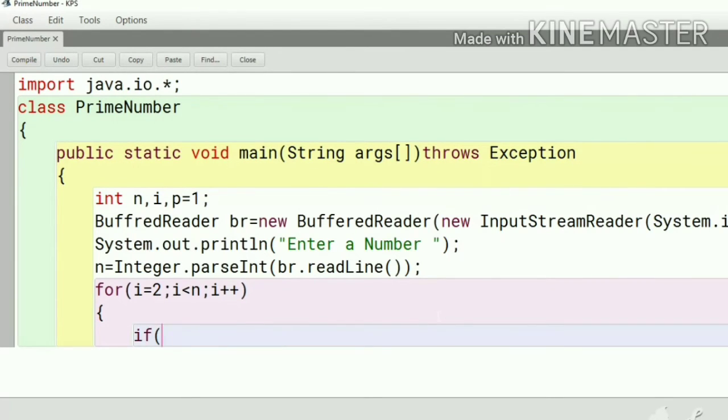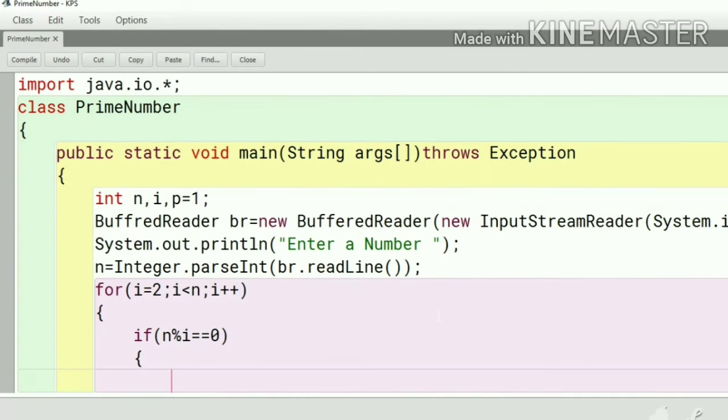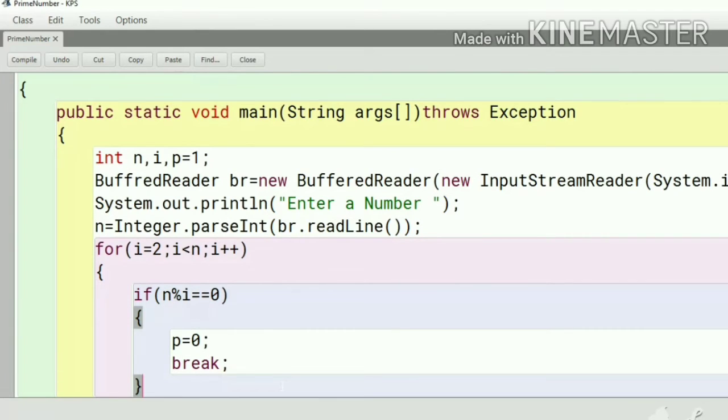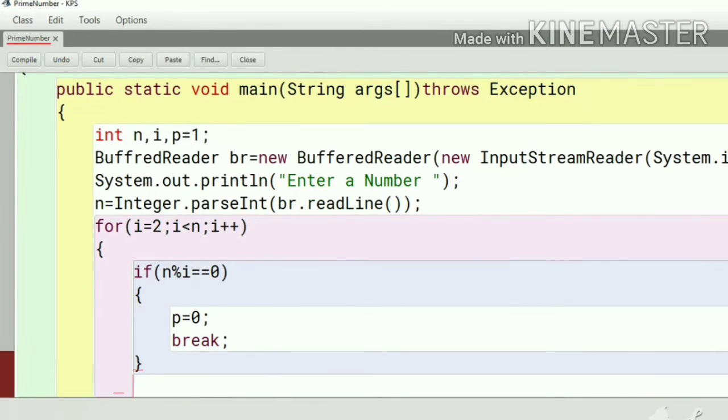If to check that number, n mod i equal 0, if this condition is satisfied, then the p value is equal to 0 and this will break. Curly braces close for the looping.